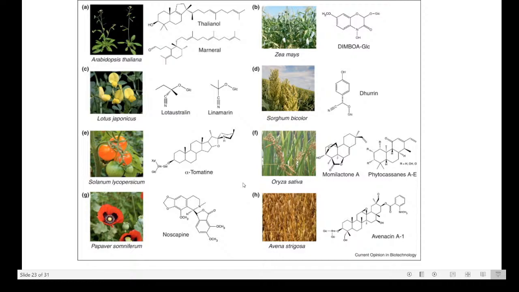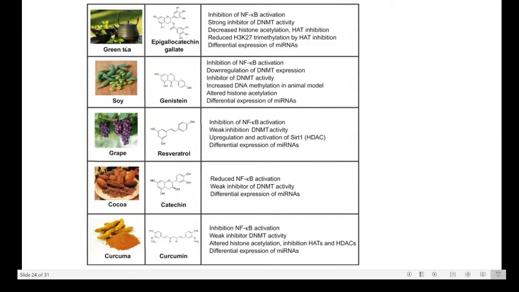Tomatine is a compound present in the tomato, and rice has momilactone, which is a non-containing alkaloid. Green tea has epigallocatechin gallate, that is EGCG. Soybean has genistein, and grape, and previously cocoa, catechin, curcuma, that is turmeric containing curcumin,